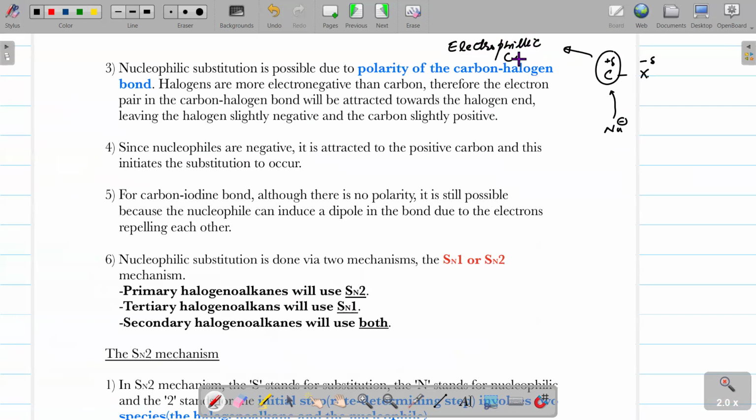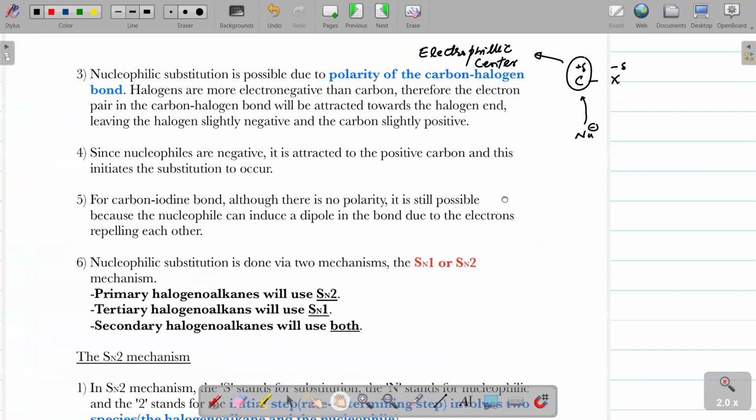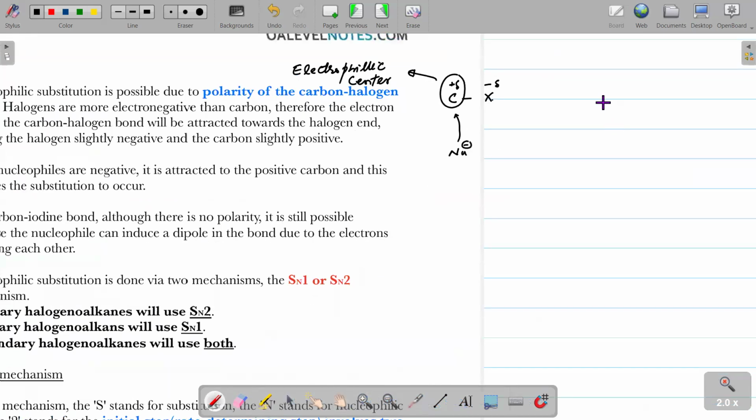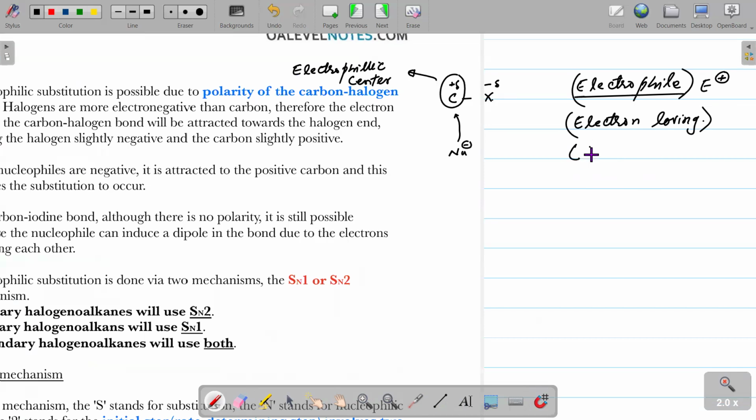I am calling it electrophilic center. Now, as I introduced to you the nucleophile, here is another term which is the opposite of nucleophile, that is electrophile. So what is electrophile? That is electron loving. Is it clear? Or you can say I can represent it as E positive. It can be partial positive, it can be completely positive. So you can say electron deficient, it can be,